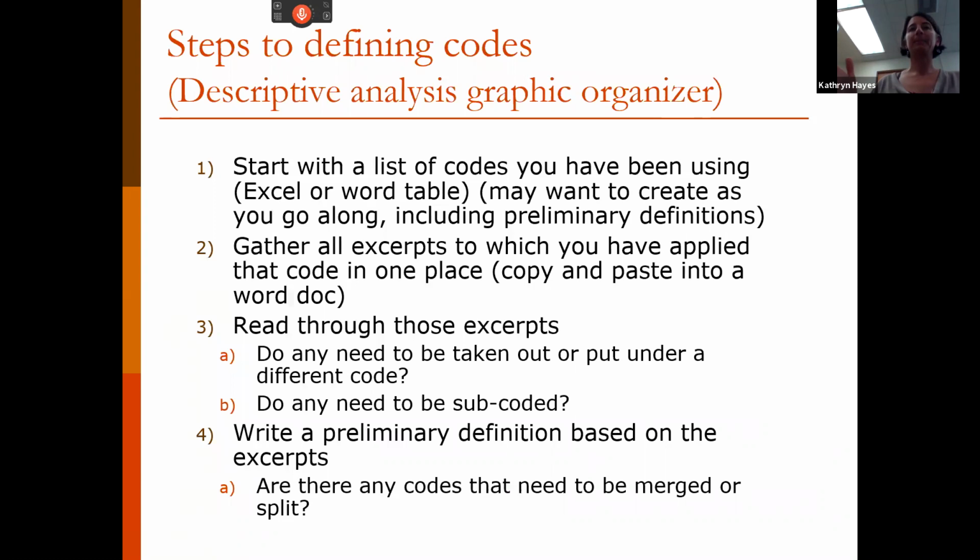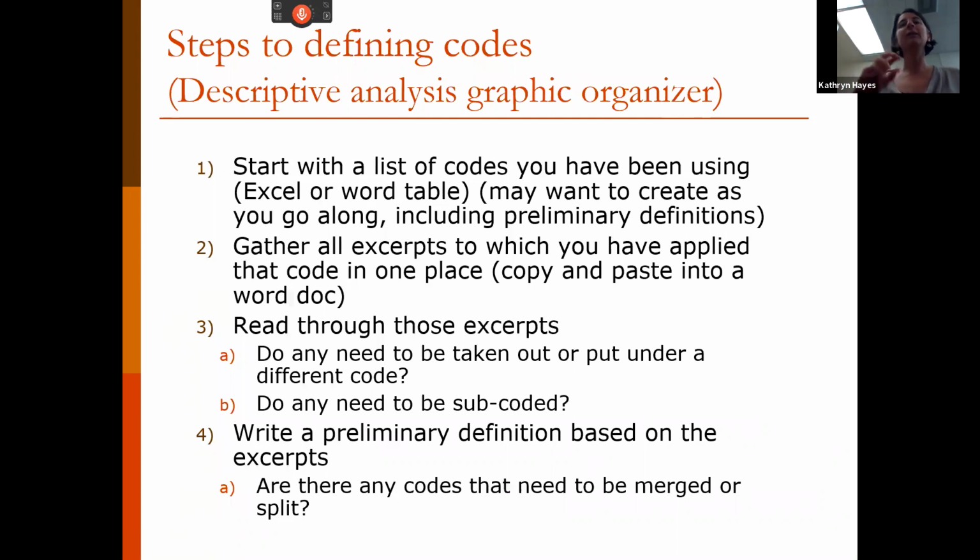So you say, okay, if this is my code for students feeling like suspension is unfair, maybe that's the code, "unfair." I have all these different excerpts. One student might be saying, well, it's stupid because it's not fair if someone misses school. And another kid might be saying, well, it just seems like the teacher's unfair and who she singles out or whatever. So you have all these things together.